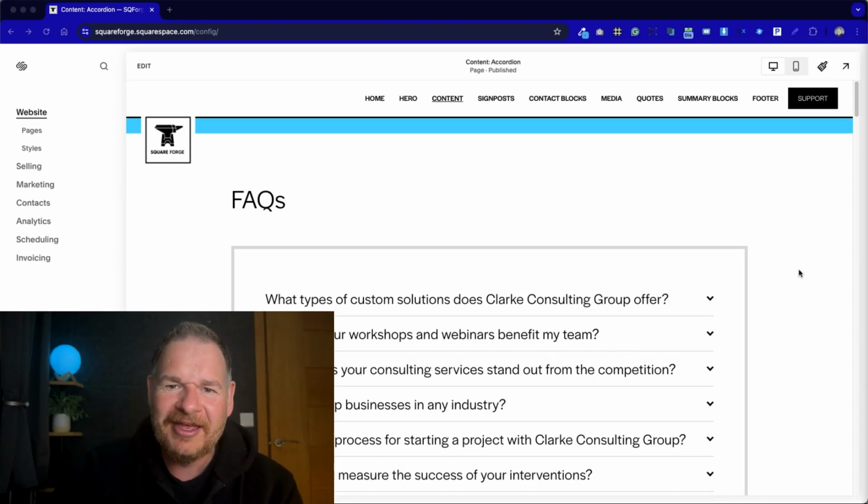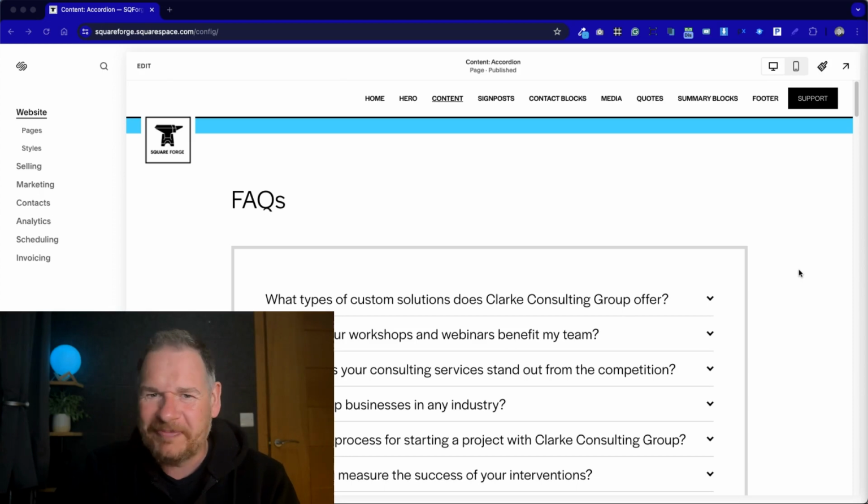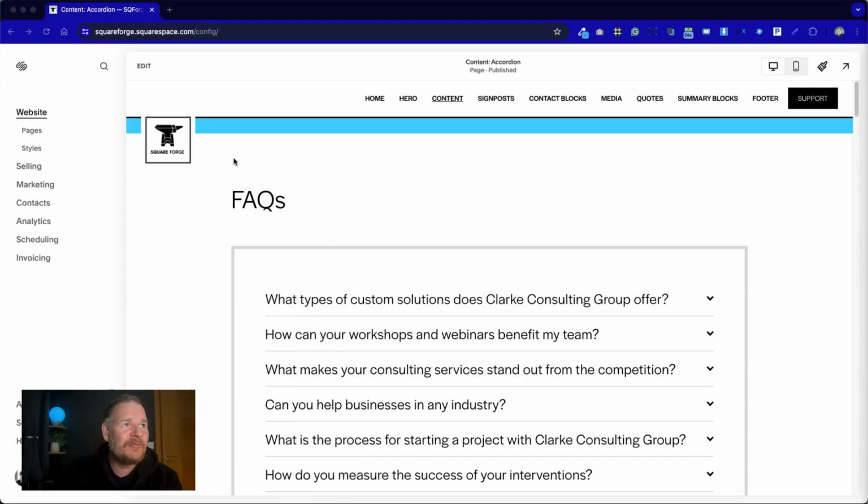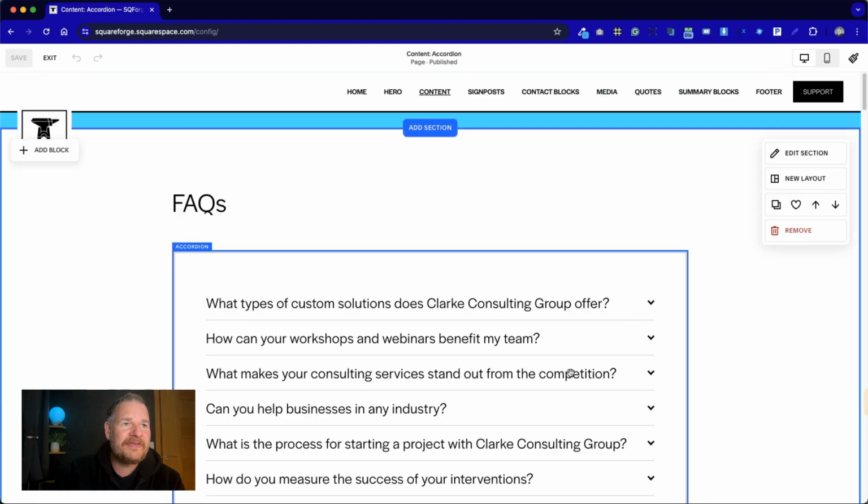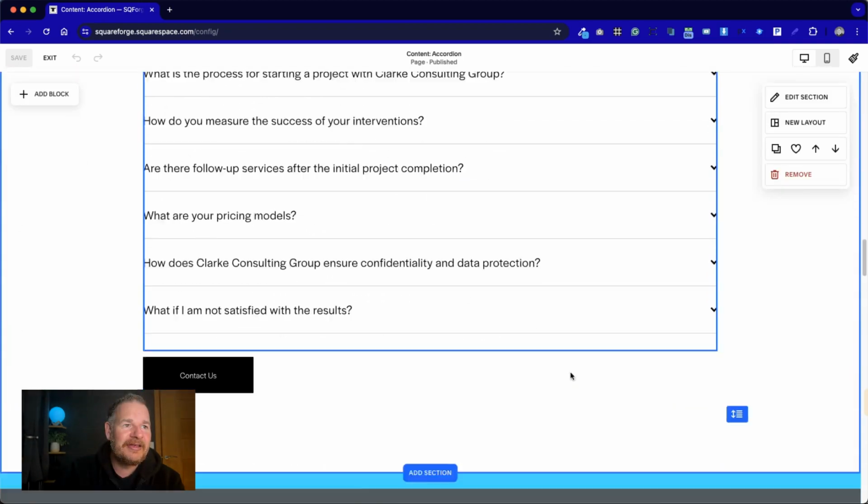Today we're going to be demonstrating the starting templates we have with accordions and how we can manipulate and edit those to make our websites look more bespoke. I've already got the website open. This is the main version of SquareForge, which will be slightly different to the version that you get when you purchase it. And so if I click on edit, we can see that we have a range of layouts here